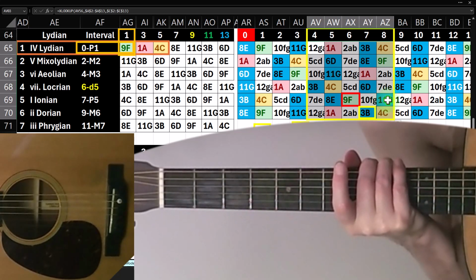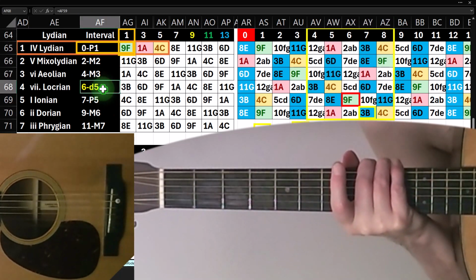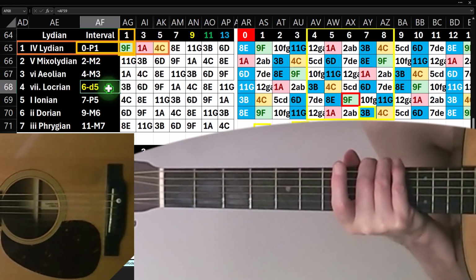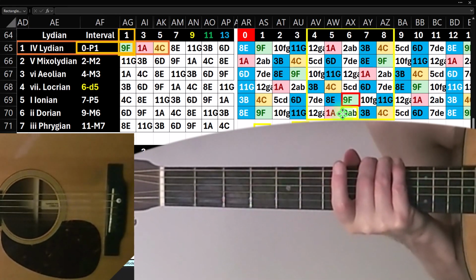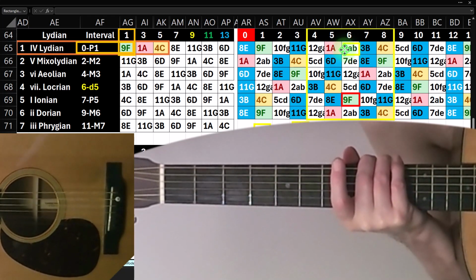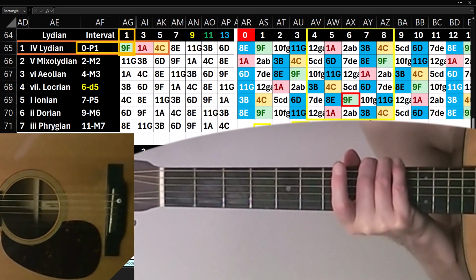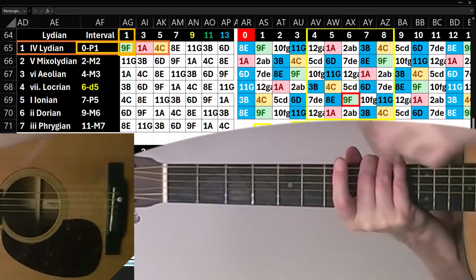Well, I can just look at that one interval difference, the B, and say it's been an augmented fourth, meaning it got pushed up, so I need to flat it. So I can take all the B's and flatten them, and that will give me the shape for the F